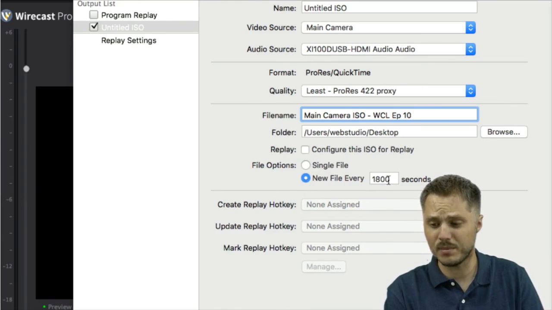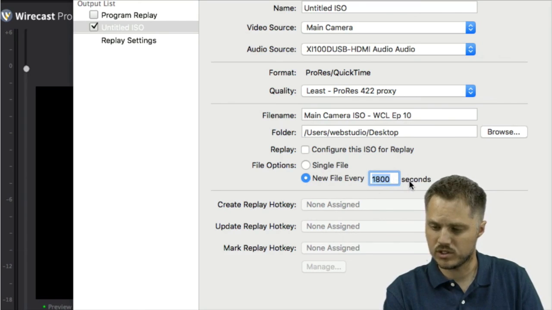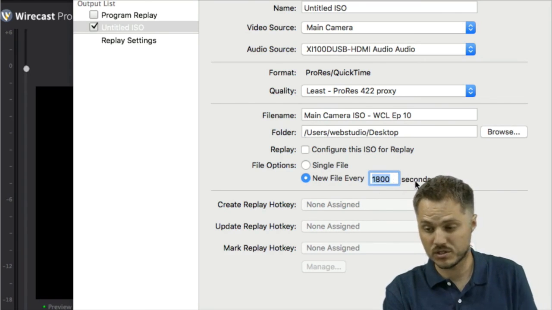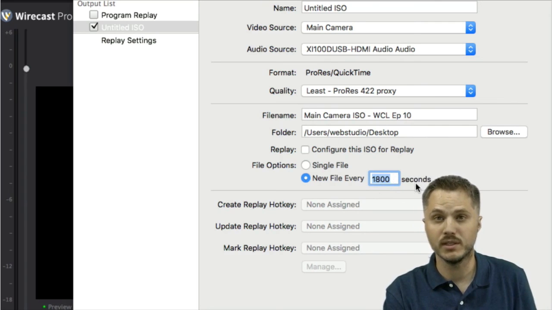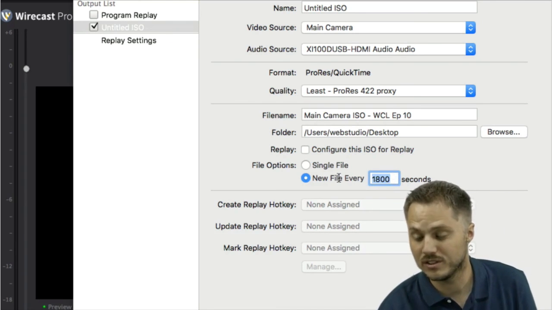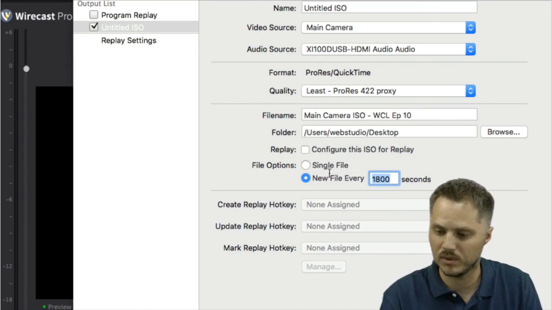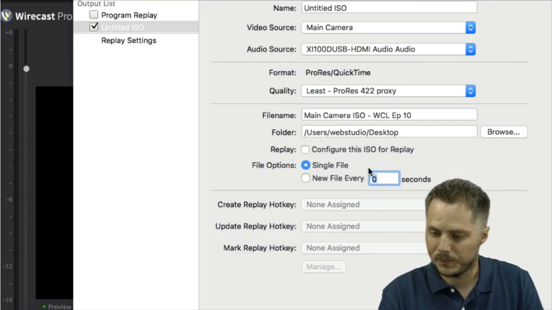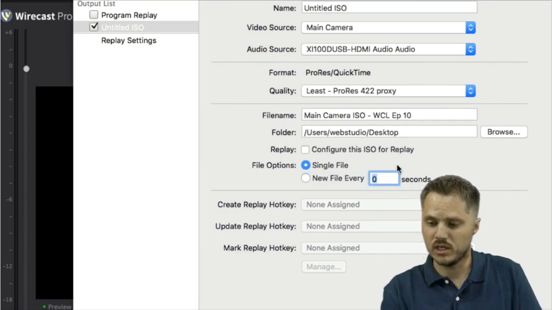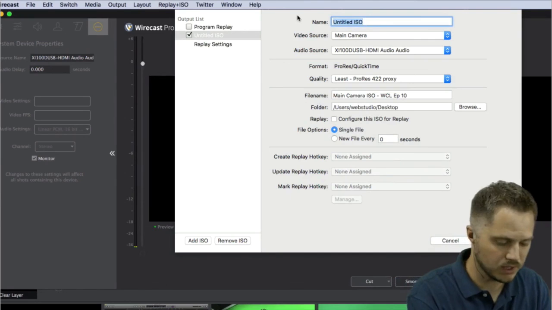I can also, if I want, segment it into seconds. I think it would be nice if we could change that to minutes or hours too, so people can work with the unit of measurement that they want. For now, it's all in seconds. So you'll need to multiply by 60 so you can get an idea of how many minutes, or divide by 60 so you know. In this case, your segment could be every 30 seconds or something like that. Okay, but for this, I'm just choosing the single file. Hit OK. This also, we'll call this main camera.